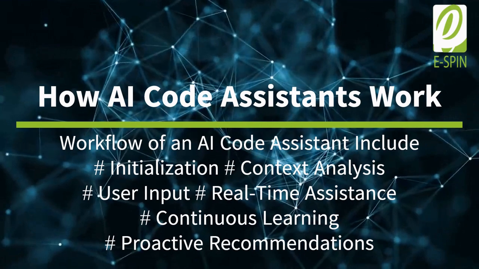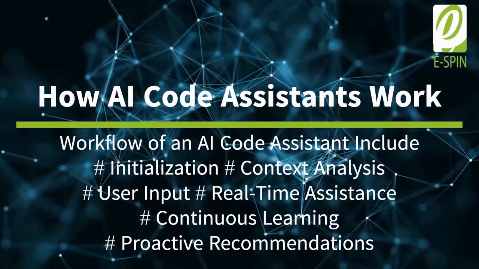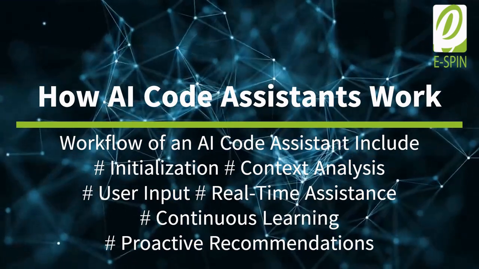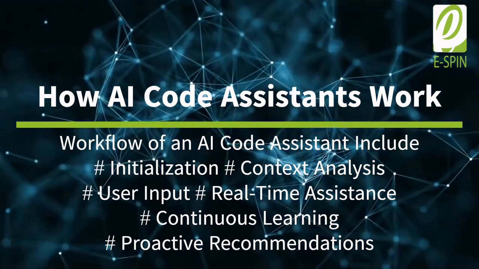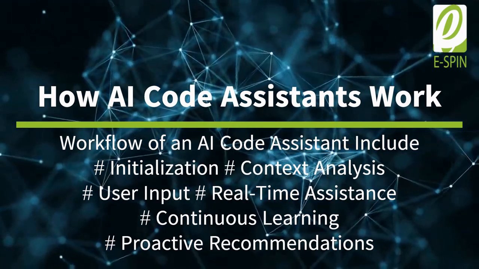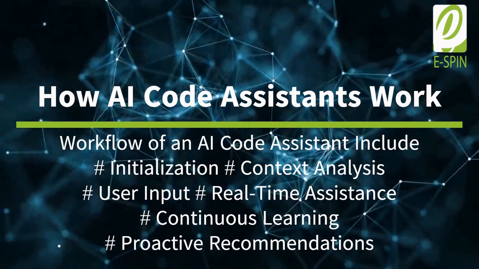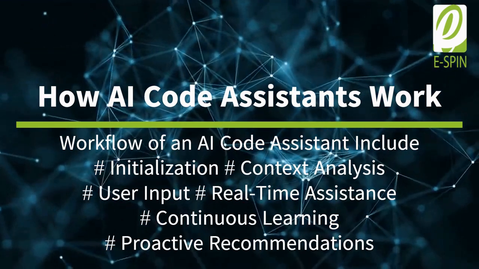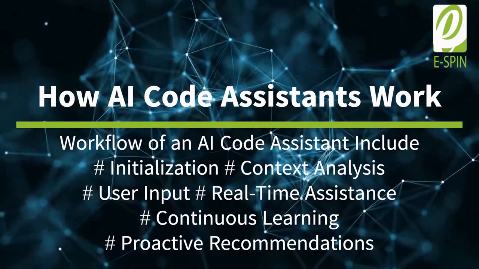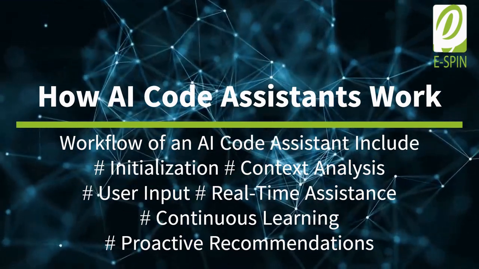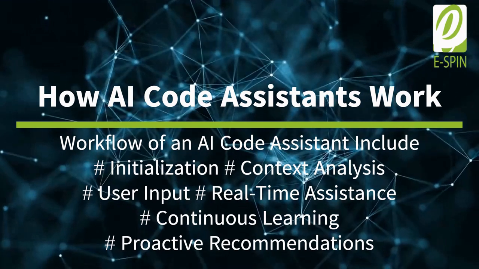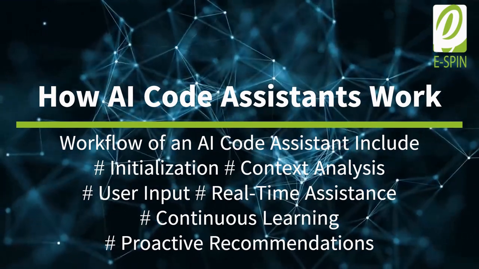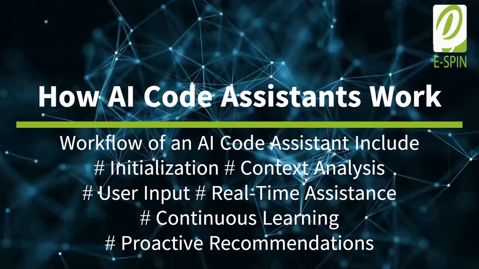Step 2 is context analysis. The assistant analyzes the current context, including the open file, cursor position, and recent changes. It then identifies the programming language, libraries, and frameworks in use. Step 3 is user input. As the developer types, the assistant monitors the input and offers suggestions for code completion, error correction, and documentation. If the developer inputs a natural language description or a comment, the assistant interprets it using NLP and generates the